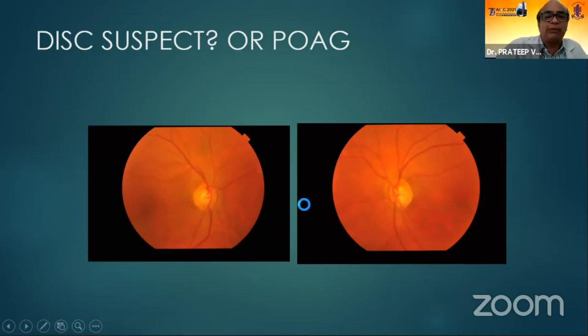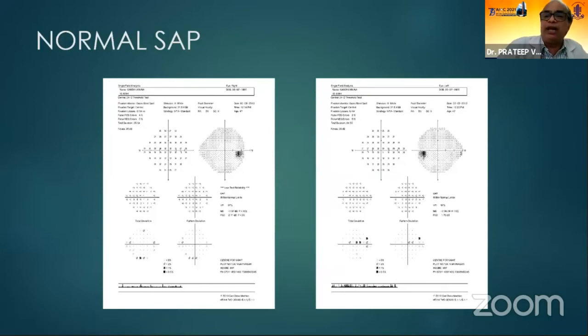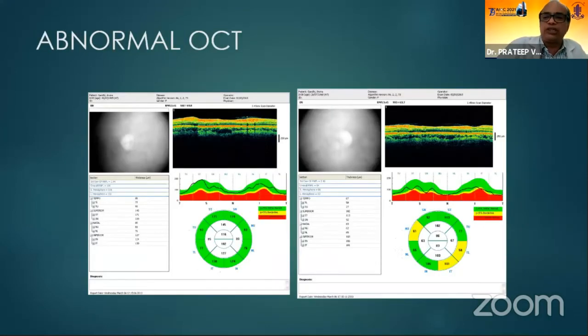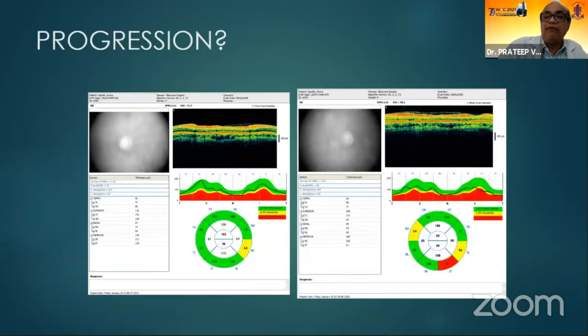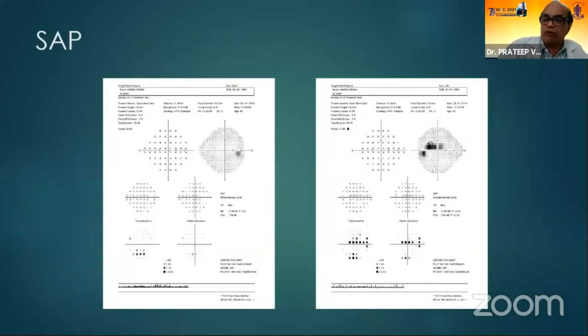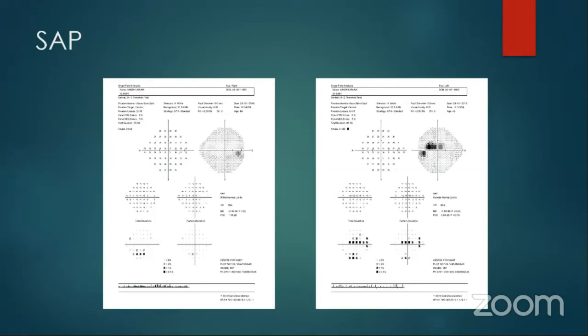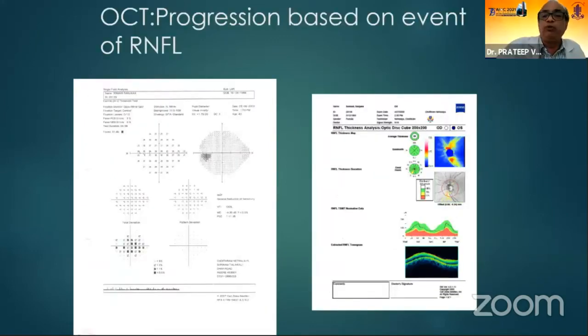This was a little asymmetric disc and was looking very suspicious. When I did the perimetry, it was normal. When I did the OCT in the left eye, there were some suspicious areas, but obviously it was looking okay. And on the vertical follow-up, 2 years from then, there is a classical defect of the RNFL. And when I did the perimetry, there was a superior arcuate scotoma. So you have to do a good clinical examination and a good vertical follow-up, and only then will you be able to diagnose pre-perimetric glaucoma.